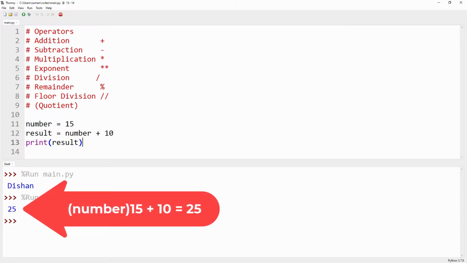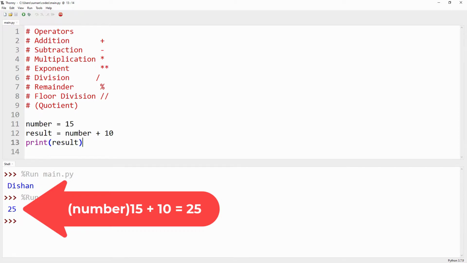If we run the program, the 15, which is an integer value, is assigned to the variable named number. Then the result variable is holding the value of the number variable, that is 15. Then it is adding 10. So finally we get the result as 15 plus 10, that is 25.